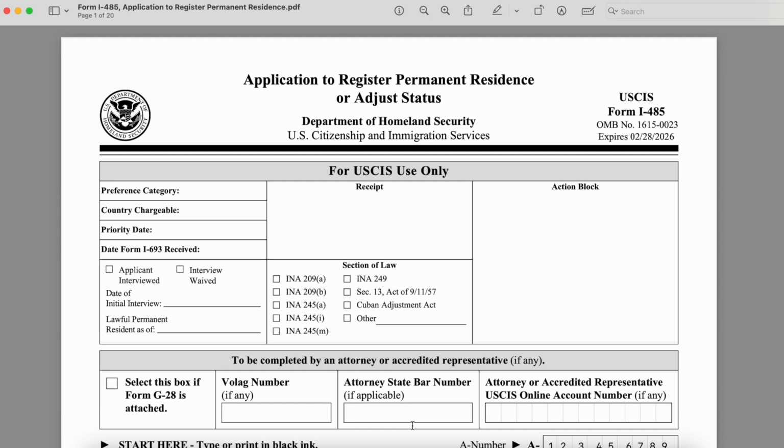For today's video, I'll walk you through the process of filling out the form I-485, or the Application to Register Permanent Residence. My form I-485 got approved 3 months after filing. I didn't get any RFEs nor an interview, so I think this is just the right time to pay it